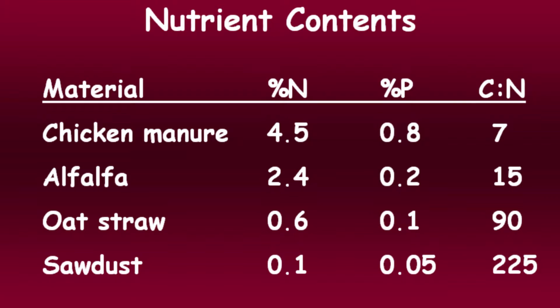Okay, some ideas about the amounts of these in various amendments. Chicken manure, 4.5% nitrogen, that works out to a carbon to nitrogen ratio of about 7. So one would expect that to release nutrients pretty quickly because it's less than 20 to 1. And sure enough it does. Chicken manure is what we call a hot material. It's very active very quickly in the soil. That's a good thing to remember because you can use that in an emergency to add nitrogen late in the season in an organic system that's lagging in nitrogen.